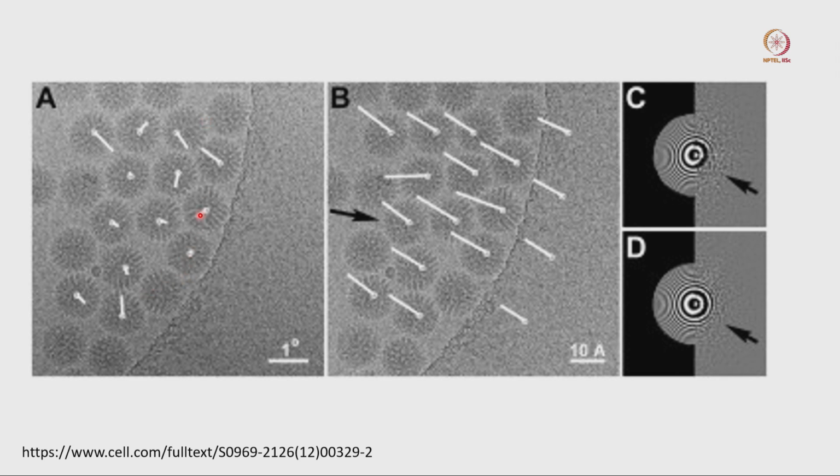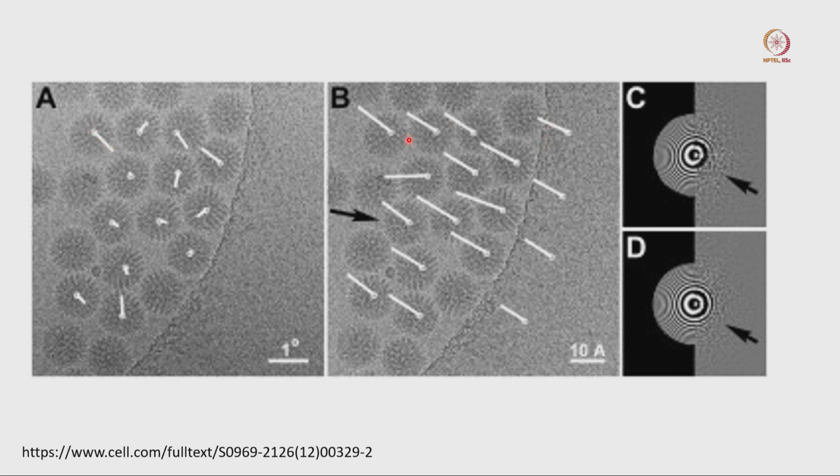Now if we target individual virus particles, we can see that some of the virus particles are close to the carbon. Some virus particles, like this one, this and this, have higher motion, whereas those two virus particles have almost zero motion. This virus particle has some motion, but the direction is different. When we show the direction, it starts at the center here and the movement is in this direction.